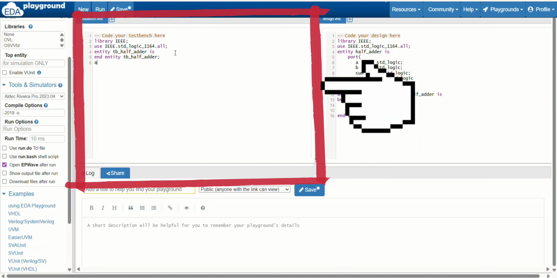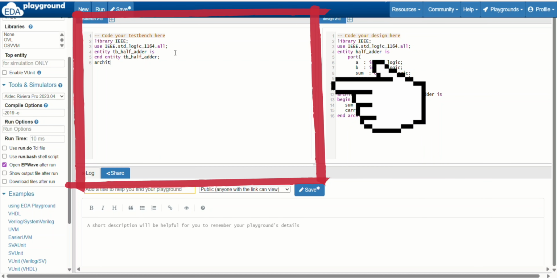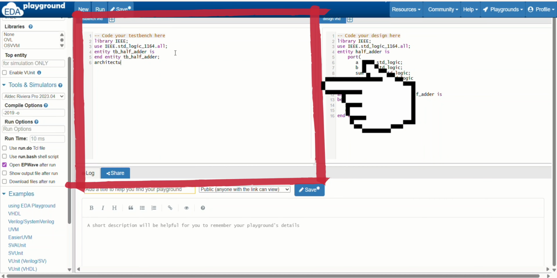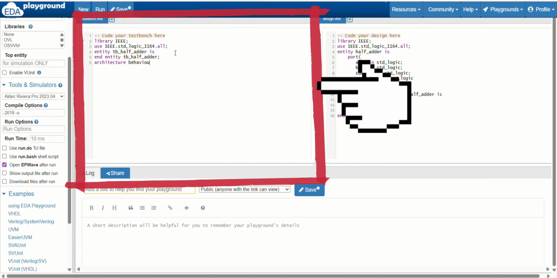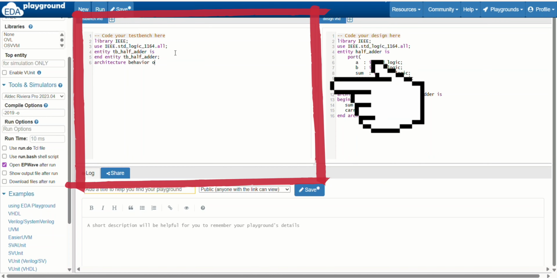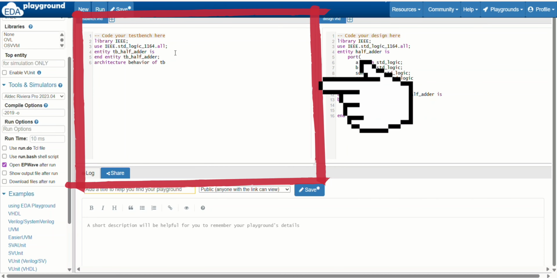Okay, so after this we will go to the architecture part. Architecture, here I shall take the name as behavior. Okay, architecture behavior of TB underscore half adder. Okay, after that is,